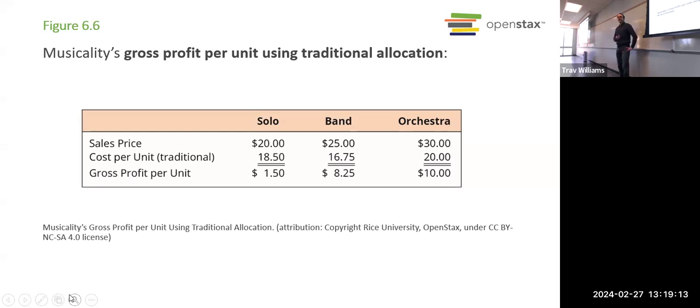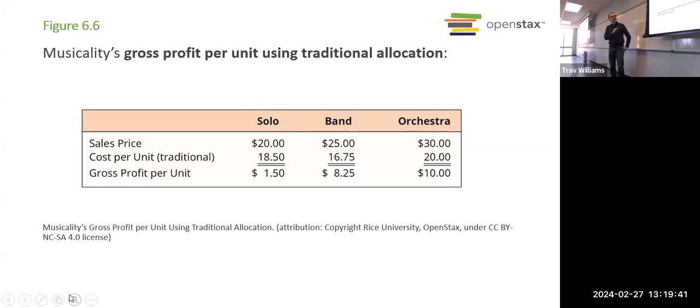of gross profit. Right? We've got some other administrative expenses, but just looking at the gross profit, that shows us that the orchestra product is the most profitable, right? However, there aren't that many recorder players in the orchestra. So we're probably selling a lot more of the solo product, which has a cheaper sales price.